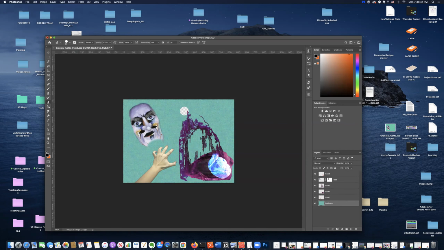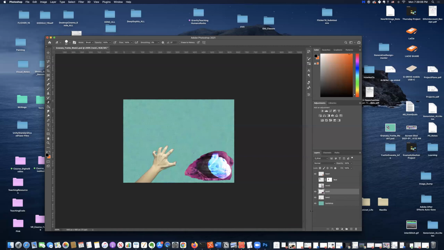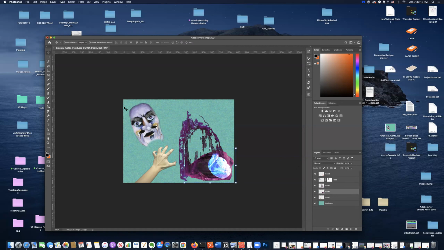And I can Control Z, or again, I can use my history brush, history tool up here and just get rid of all of those layers. So make sure you know which layer you're on when you're working, and the eyeball just lets you see it or not. It doesn't erase it, but if you wanted to see what something looks like without that layer there, then you can just click on this eyeball over here,